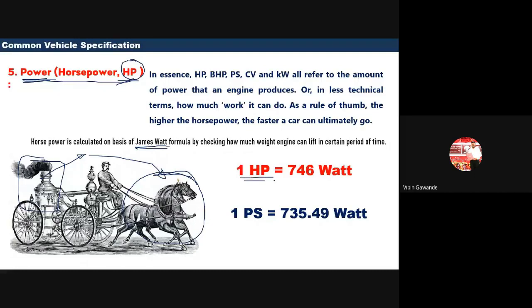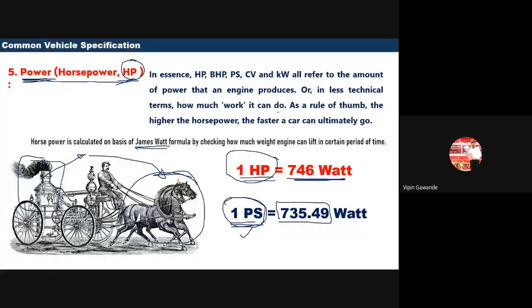Okay, and now the conversion of horsepower is what? 1 horsepower is equal to 746 watt. Okay, that is the conversion. Many times on that particular booklet, you will see power given in terms of PS. That PS value is equal to 735.49 watt. So either the power is given in HP or in PS form. This is the metric unit, and PS is equal to 735.49 watt.